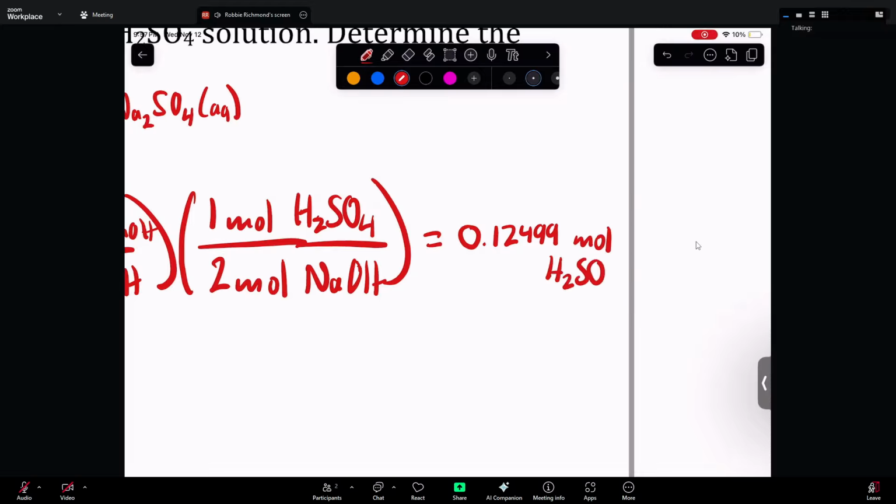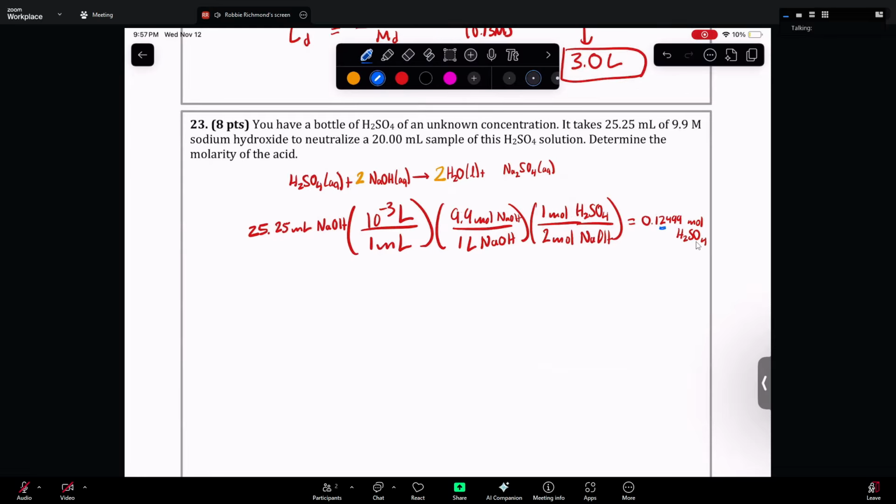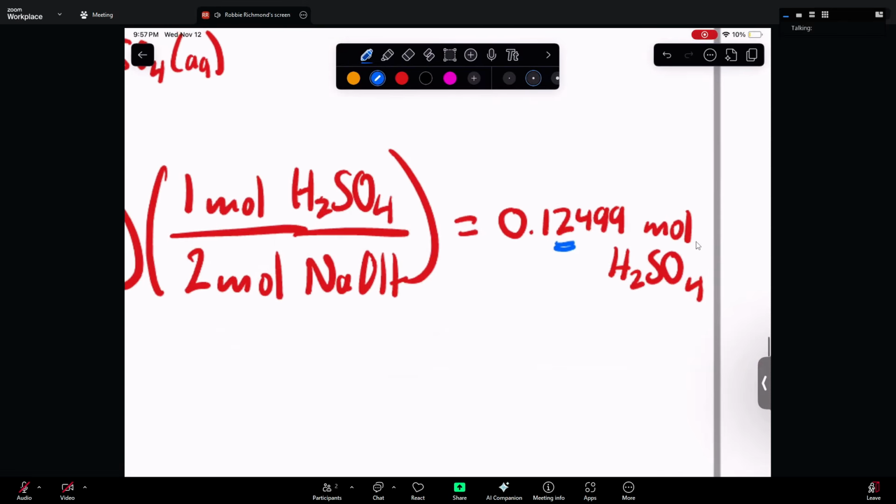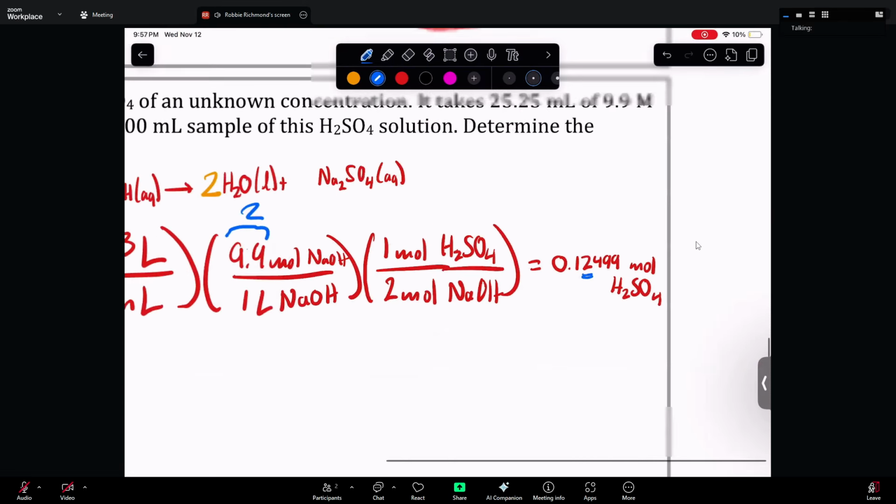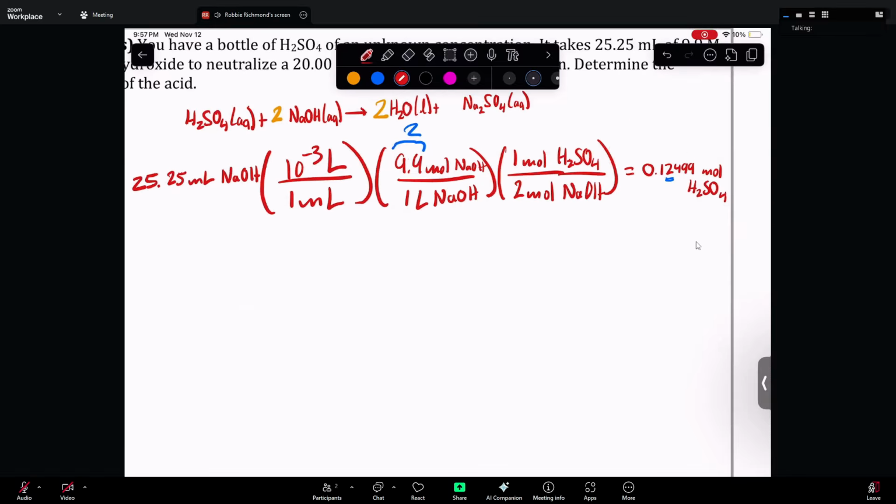of sulfuric acid. And I'm going to highlight this 2 because I see that we have 2 sig figs here, and that's the lowest amount of sig figs. Do not round until the very last thing. So that's why I'm keeping track of that by underlining. Alrighty. Now we can just have our 0.12499 mole of hydrosulfuric acid,